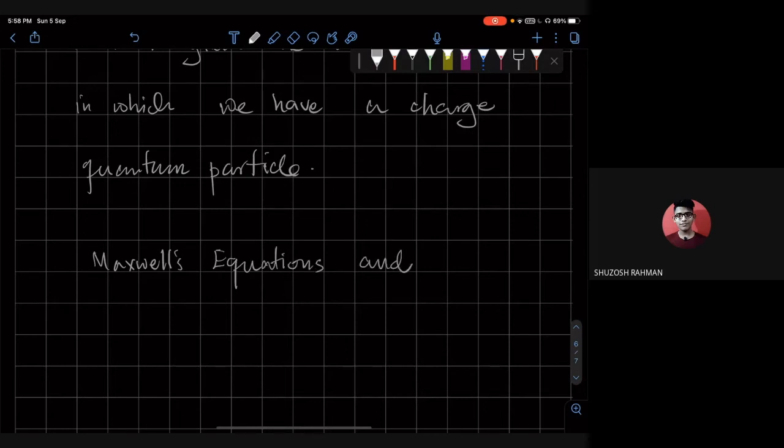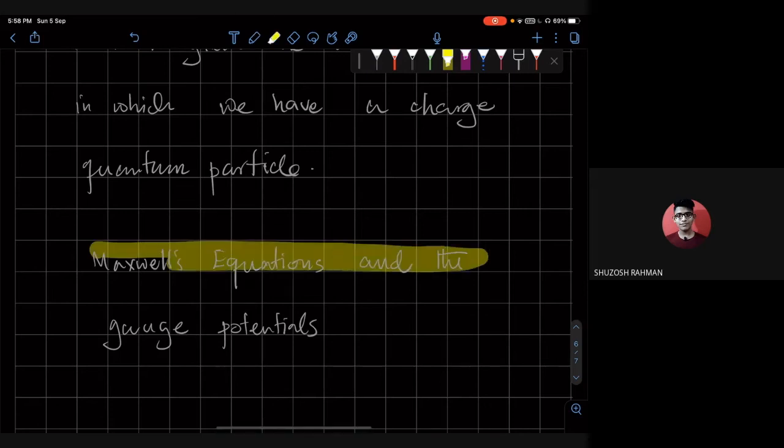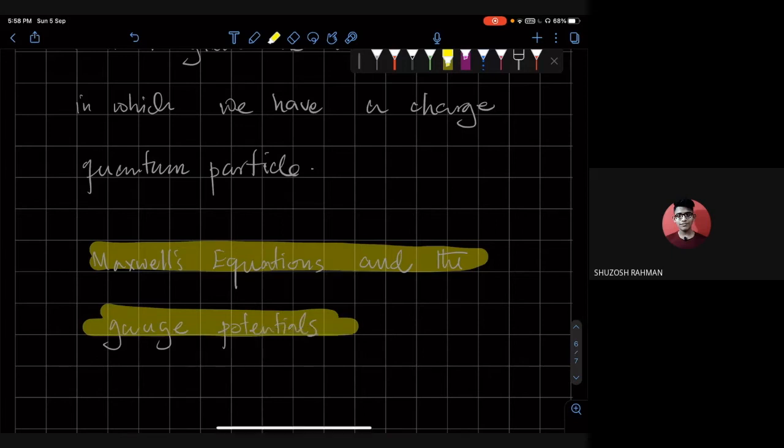and the gauge potentials. Okay, so I'm going to introduce a new idea called gauge potentials. They're also known as a vector potential. Okay,